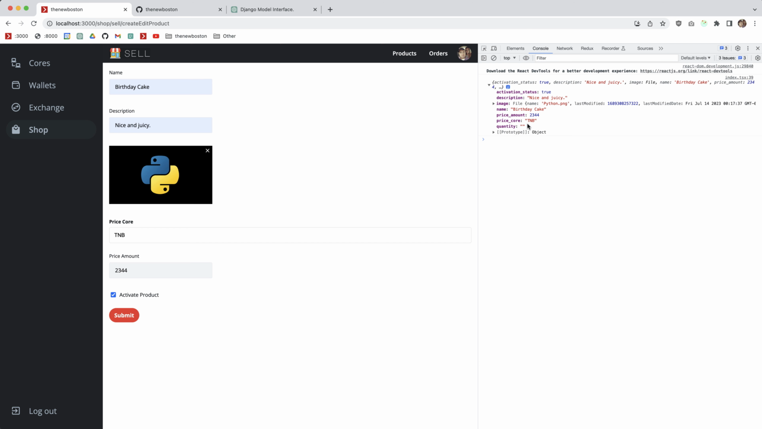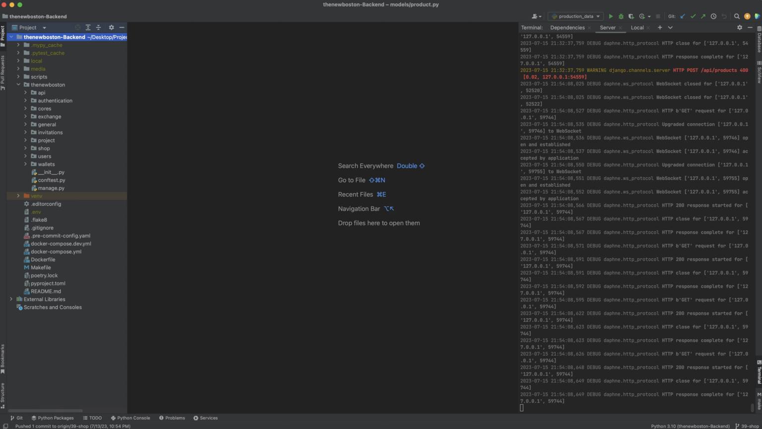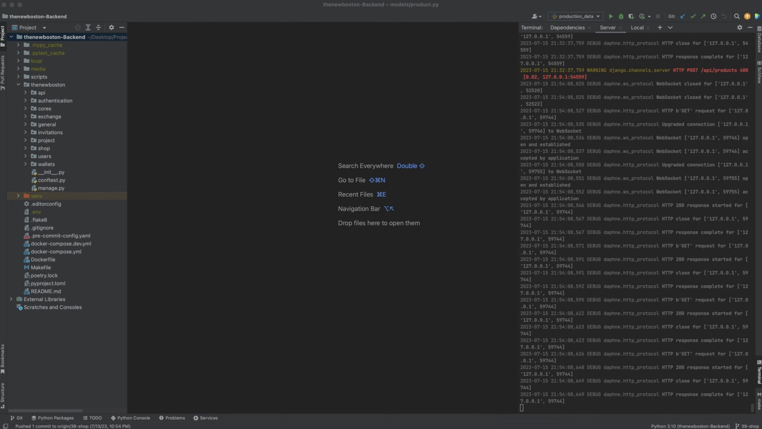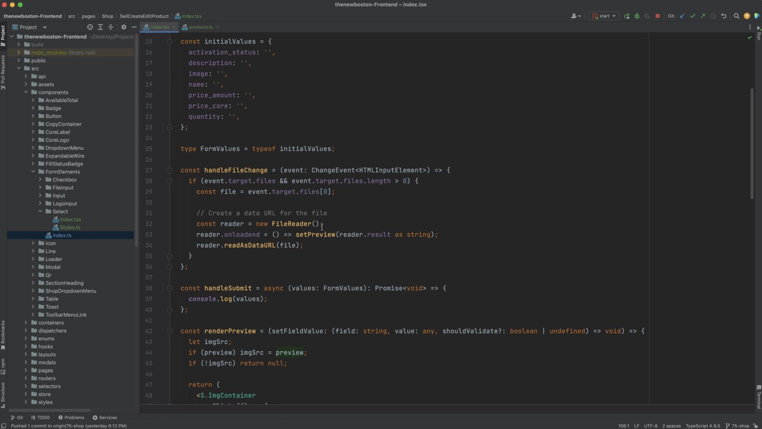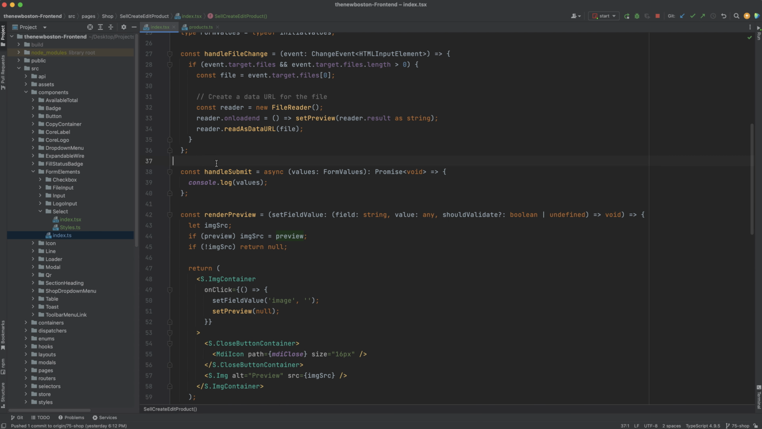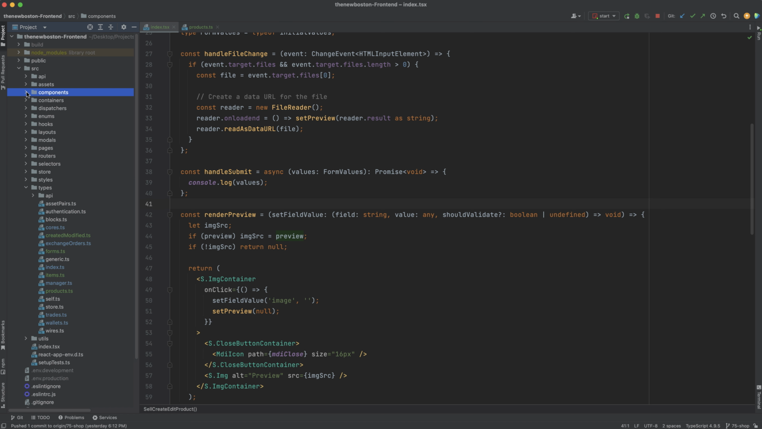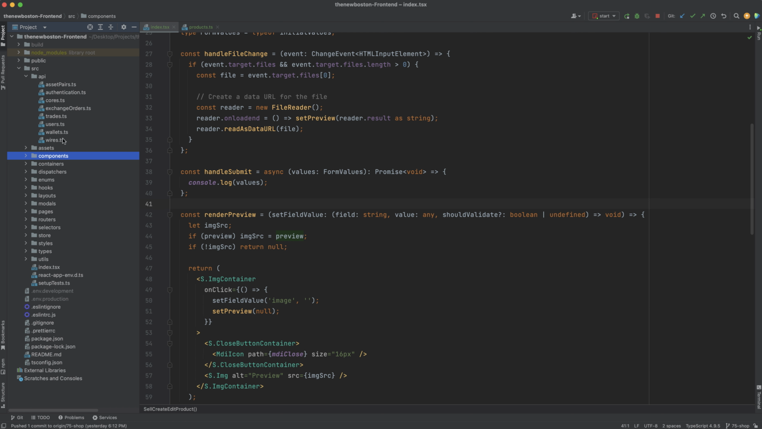All right, I think we're ready to start sending this data up. And did we miss any fields? So we need description, name, price amount, quantity, price core. Okay. Cool. Now, let's go ahead and actually request the backend. And before we do that, however, we're going to need to set up quite a few things. So we need an API endpoint to hit,